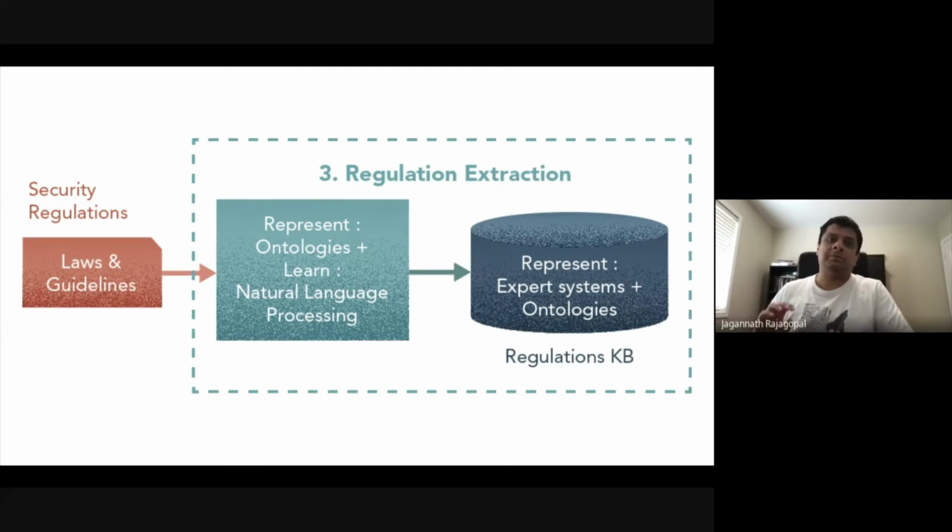So that's also possible. So the natural language processing approach by itself is not 100% reliable. You're going to mess up the representation. So the hybrid option, where you have both of them working together, might probably be the best way to go. But then the output of all of this is ultimately the ontology. That's the step of regulation extraction. This ontology or knowledge base serves as the repository of or guidelines for step 9 during incident response.